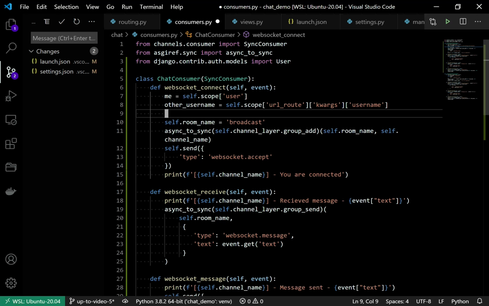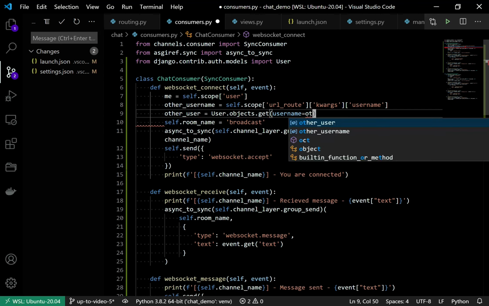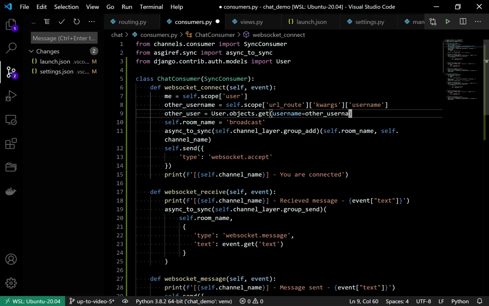I am saying other user is equal to User dot objects dot get username equal to other username. By this username we are going to get the other user object as well. So now we have both objects: me, that is the logged in user, and the other user, whom we want to talk to.